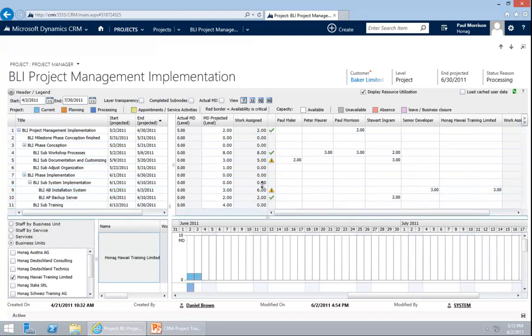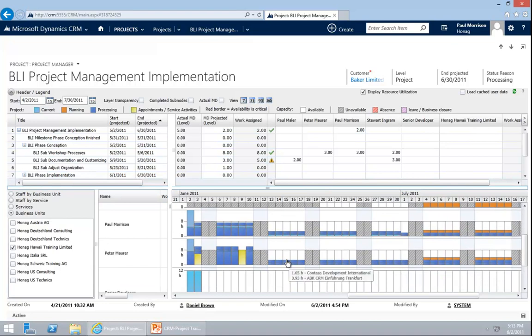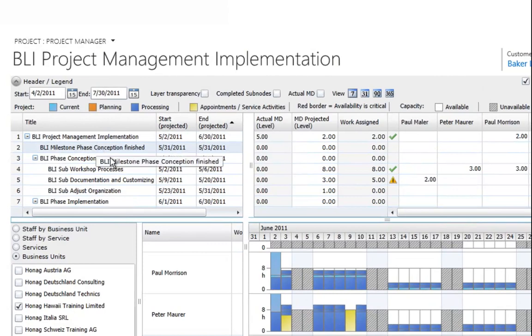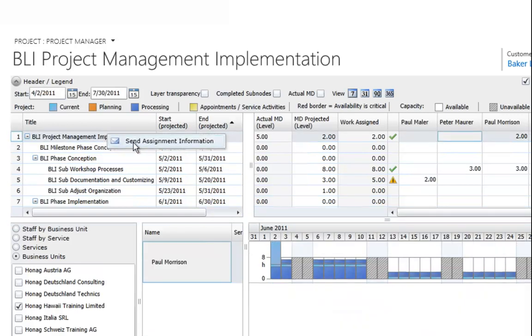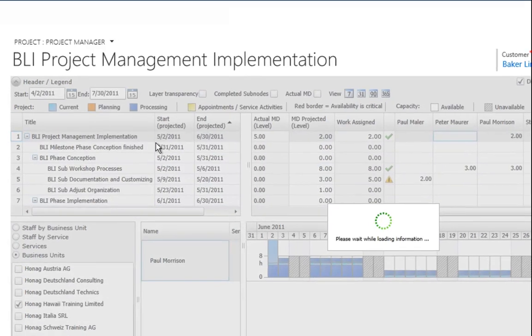If you are done with the project planning and now want to notify the people that they are planned for the project, you can send an email from the planning table. Therefore, please click on the project node where you want to inform the people from. So if it's, for example, these 3 people, I go to that project node, or if I want to inform everybody, I do it from the top node. I right click, you see an icon, send assignment information, and once you've clicked that, an email is sent to everybody and will inform them about their resource planning.